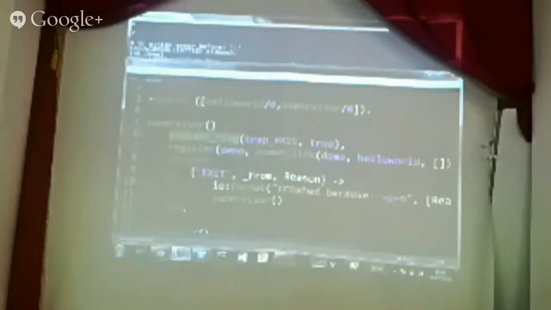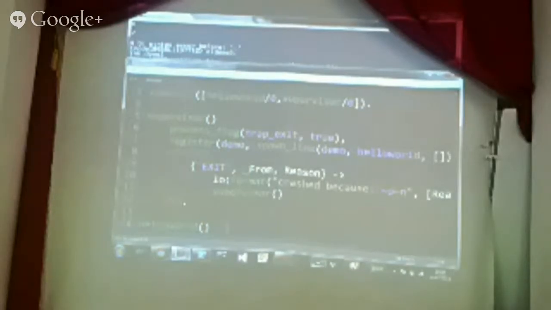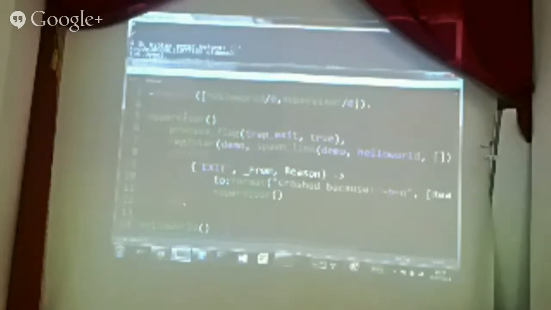So that's what that trap exit does. And then again, it just turns that error message into a normal message that lands in my mailbox as a supervisor. So I can decode that message, just a bit of pattern matching there. And I print out the reason, which I've pulled out of that pattern, and then I just recursively call again, which registers a new worker process against the same name, so that the user of the underlying process doesn't really care that it's crashed and something's gone wrong. He's still got all the functionality that worker provided. So that, in a nutshell, is supervision in Erlang.